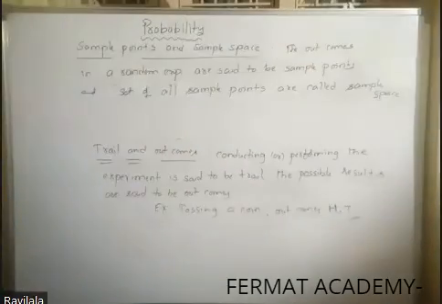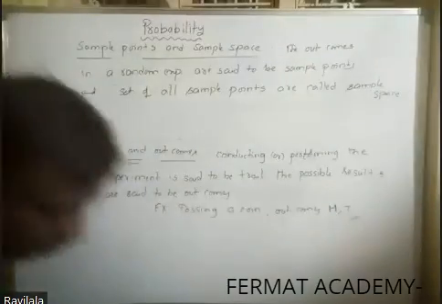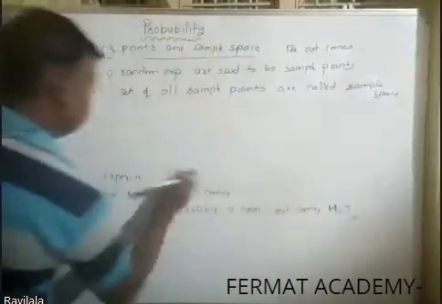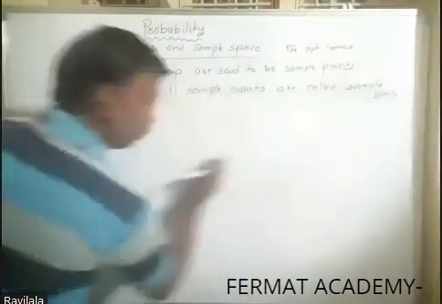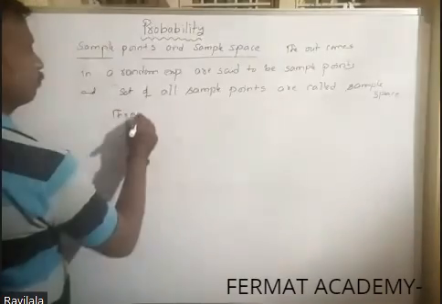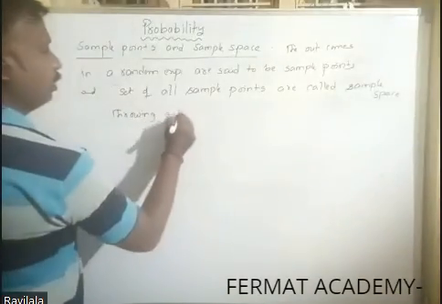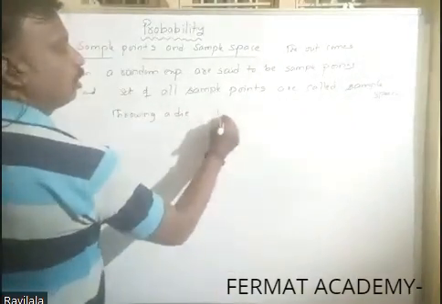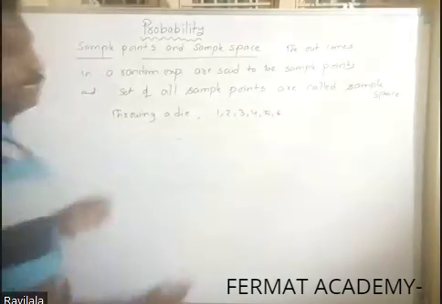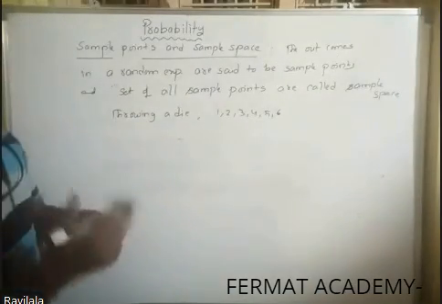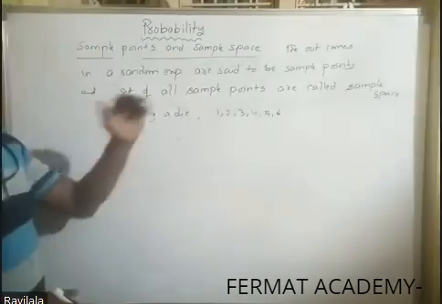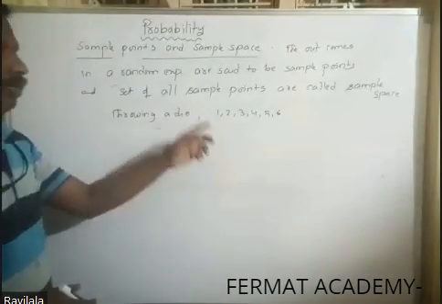Here we take another example. Let's throw a die. When a die is thrown, what are the outcomes? Throwing a die, what are the outcomes? 1, 2, 3, 4, 5, 6. All these are said to be outcomes. A die has 6 faces, 1, 2, 3, 4, 5, 6. You remember these things? They may change the face of the die also. Generally, one